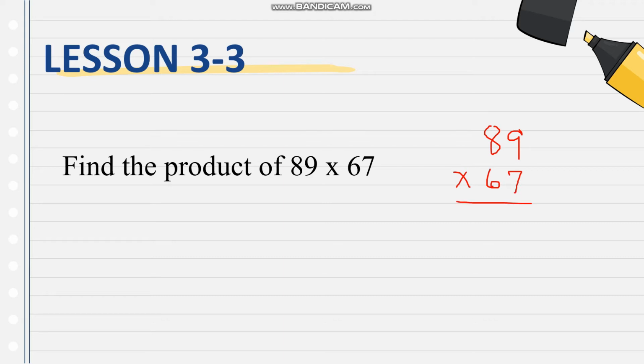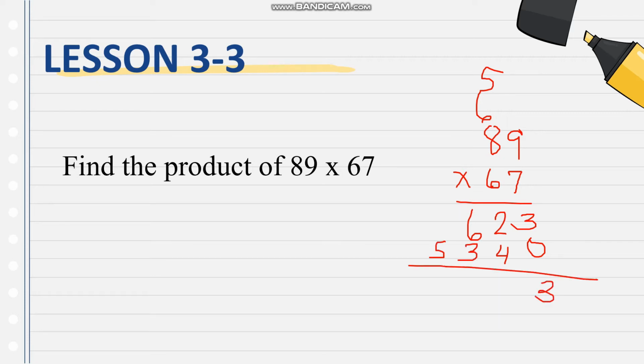9 multiplied by 7 is 63, so regroup 6. 8 multiplied by 7 is 56, plus 6 is 62. Then we need to put 0. So 6 times 9 is 54, regroup 5. 6 times 8 is 48, plus 5 is 53. Then let's add. 3 plus 0 is 3. 2 plus 4 is 6. 6 plus 3 is 9. Then bring down 5. So the answer is